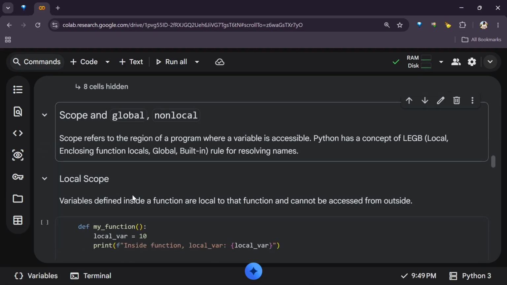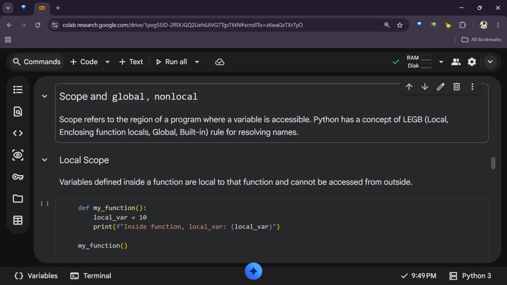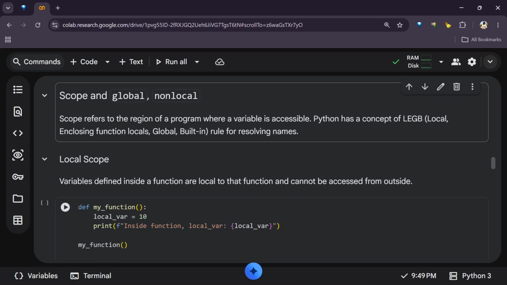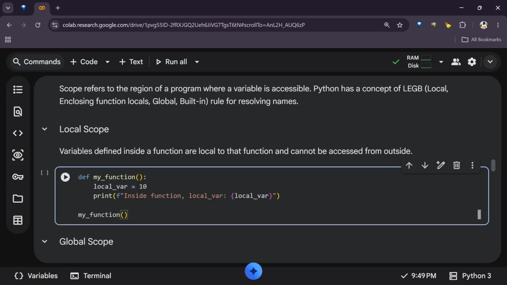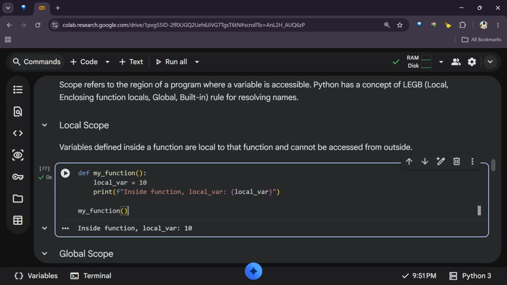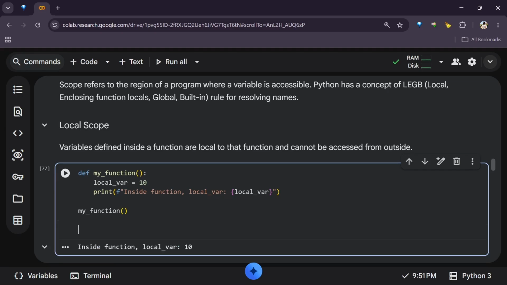Now the first one is local scope. Variables defined inside a function are local to that function and cannot be accessed from outside. So this value 10 cannot work outside this function. So let's run this. Now, let's say I want to say total is equal to